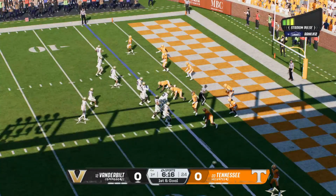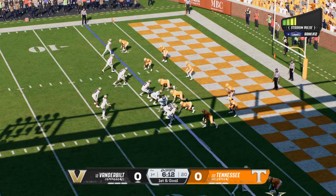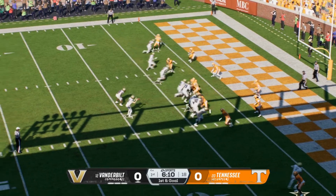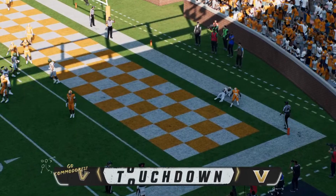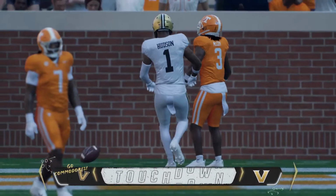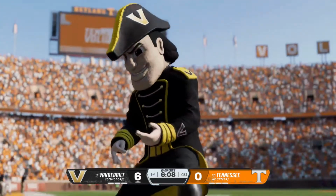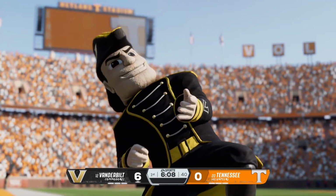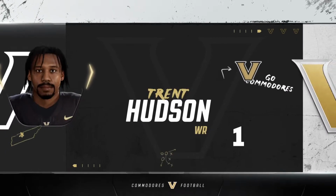And the Commodores looking to finish the drive here. It's first and goal. Looking to the end zone. And it's caught. Touchdown, Commodores. And Kirk, how important is that to get off to a positive start, to draw first blood in a rivalry game like this? Well, Chris, as you know, in a rivalry game, there's so much emotion. So to be able to put a touchdown on the board first just